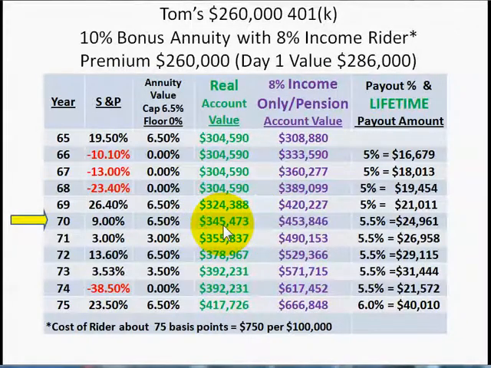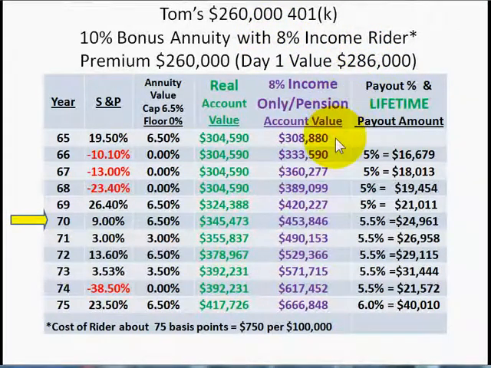Or if he needed to go to a nursing home, you can take all the money out penalty free. If you need to go to a nursing home, he gets this $345,000. If he wanted to surrender the whole policy and pay whatever surrender charges there were at that point, he'd get this $345,000, because that's his real money. That's his money. But he also took the income rider, which gave him the $260,000 plus 10% bonus of $286,000,